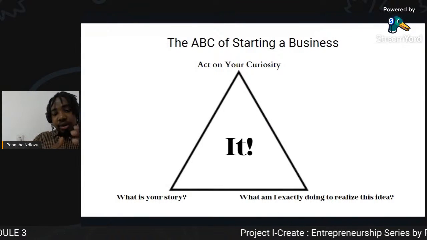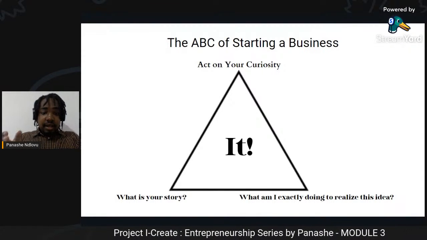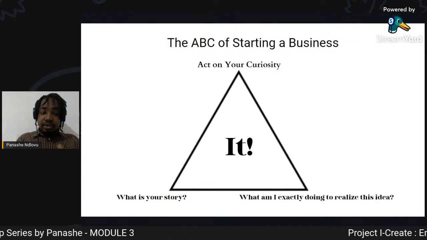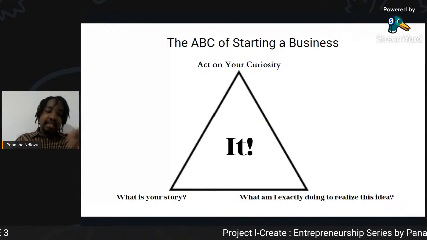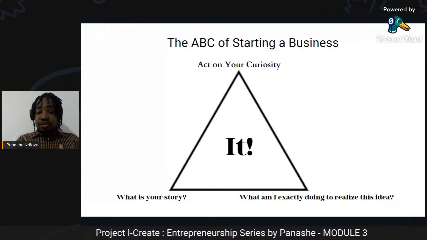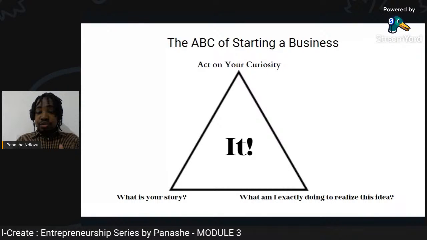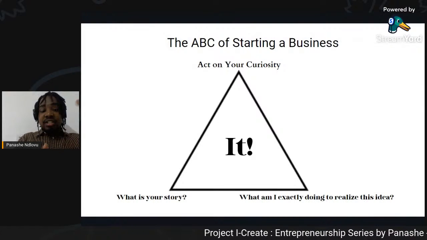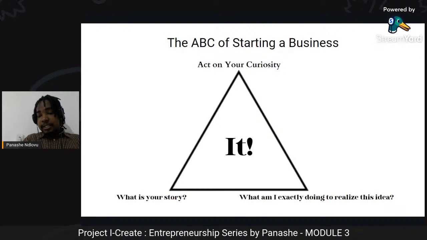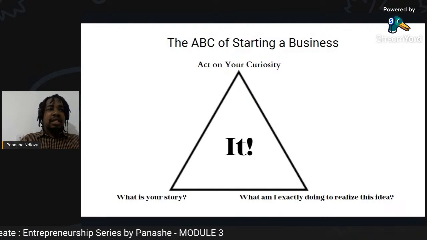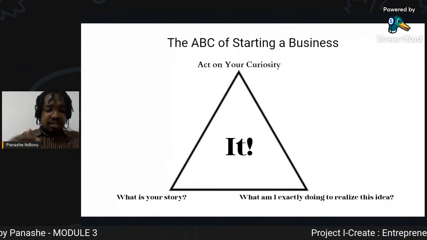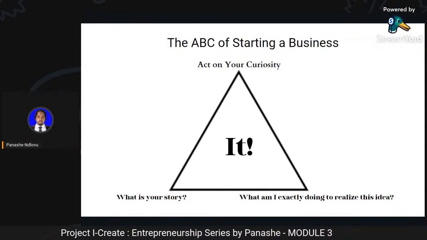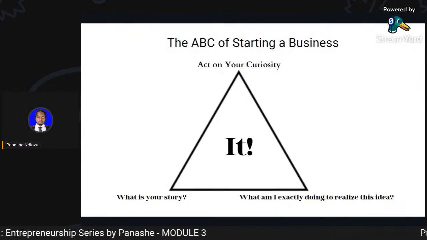when we access the vast sources of information that are there, we get so many perspectives, A, B, C, and D. And then when you try to follow those steps that have been established by someone else, which is great because we always need to learn from experience, but when we try to follow those defined steps and sometimes it fails to work out, we start to be hard on ourselves, and we feel that we've probably failed, right, because we followed these steps and it did not work out, right?